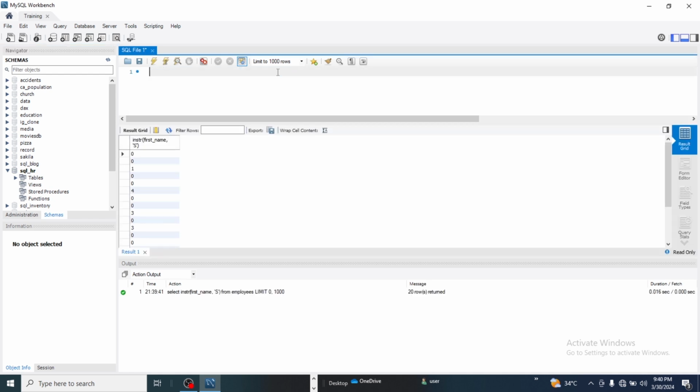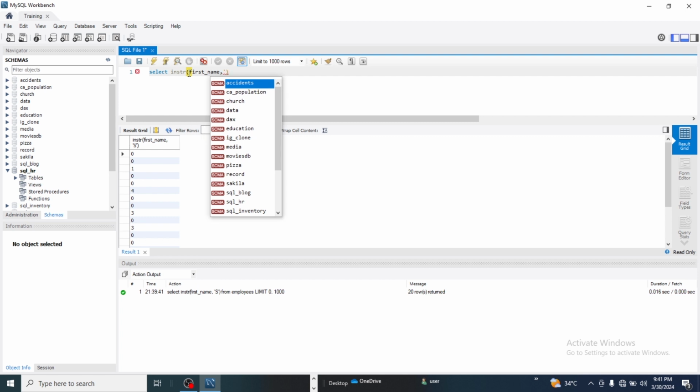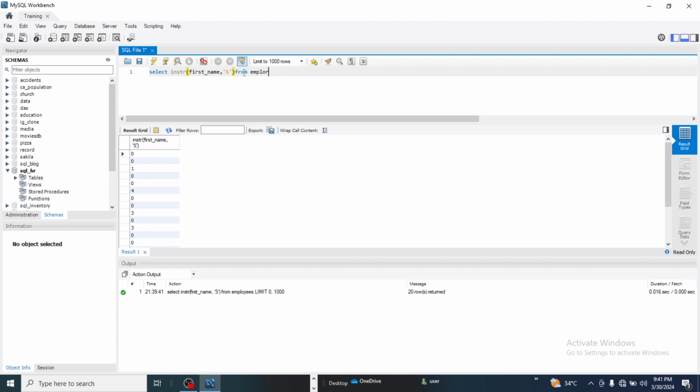So now to do that, we use select, right? We use select what? Select instring, and this instring is a function, so we have it here, and the column name, which is first underscore name, comma, and the alphabet we are searching for, S, give it a quote, S, then close the quote. So from where? So it's going to be from